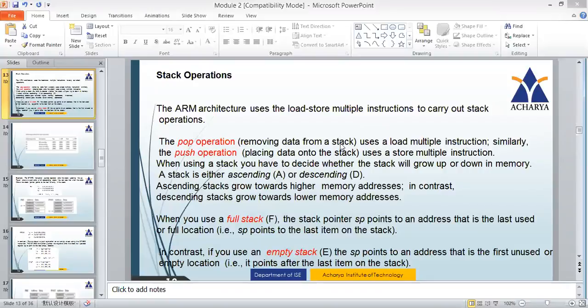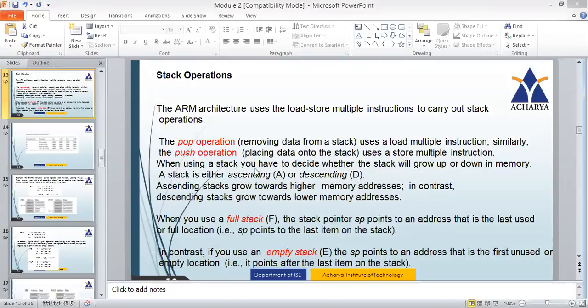So whenever you are trying to remove any elements from the stack, it means you are trying to move the elements from the memory to the processor. So we make use of the load instruction. All of you know, if you are trying to take the contents out of memory to the processor, we are using load instructions. So we implement the pop operation using the load multiple instruction, because there may be several elements.